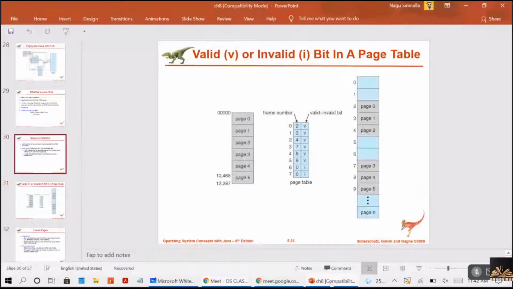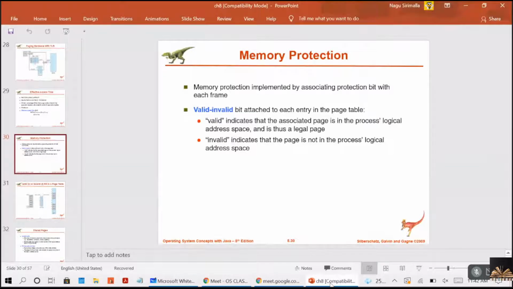So this is about the valid-invalid bit, and we have a drawback with it. Because the page is indicated as valid, access will be given even to an invalid location.